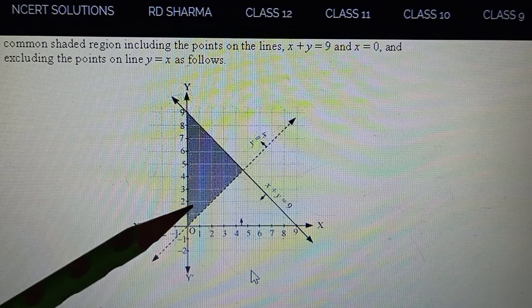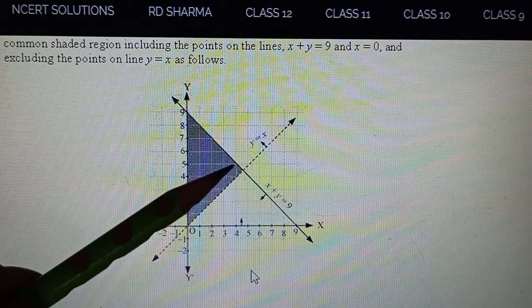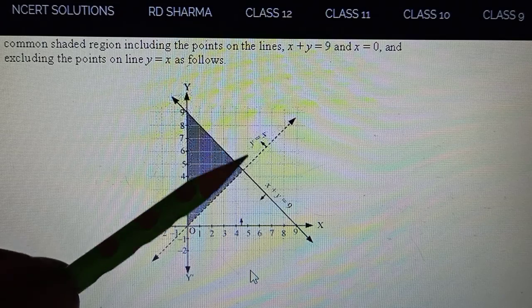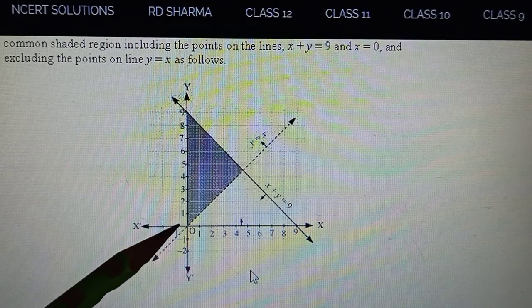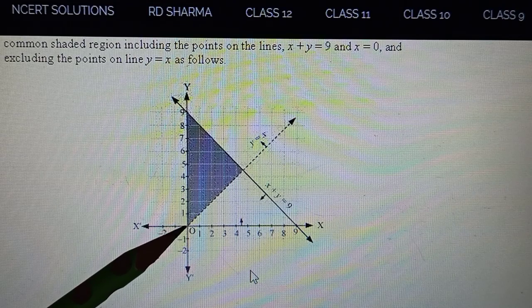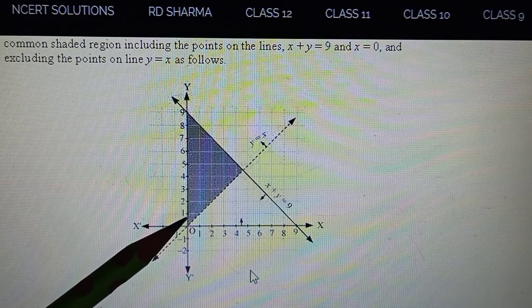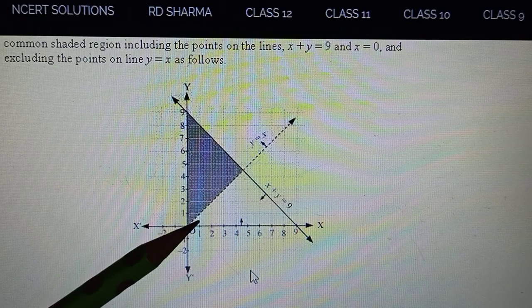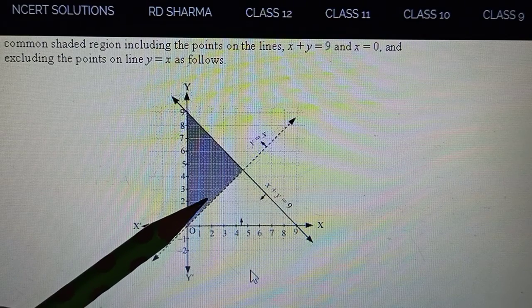Right now, if you have a problem, you can do it as you used to do in your earlier classes. Take values. If x is 1, y is 1. X is 2, y is 2. Because 0, 0 तो चलेगा नहीं इसमें, because we know that obviously it will be passing through origin. So one point we already know. For the other point, we'll have to take some other point. So you can just take, say, x is 1, then y is 1, x is 2, y is 2.